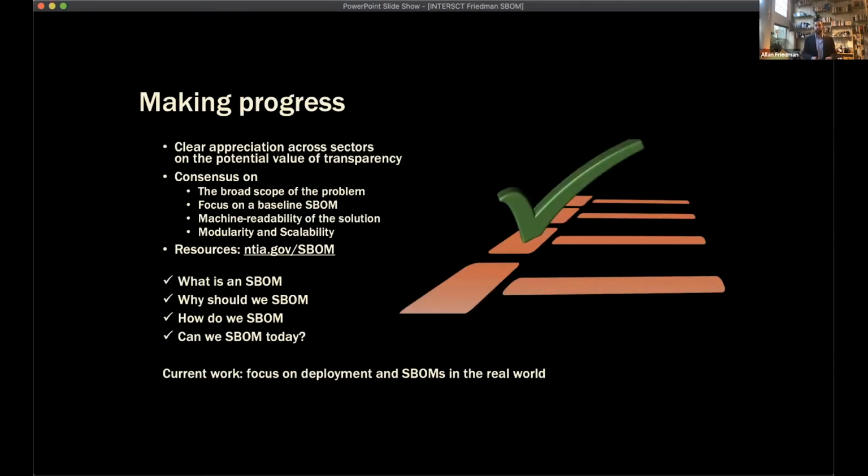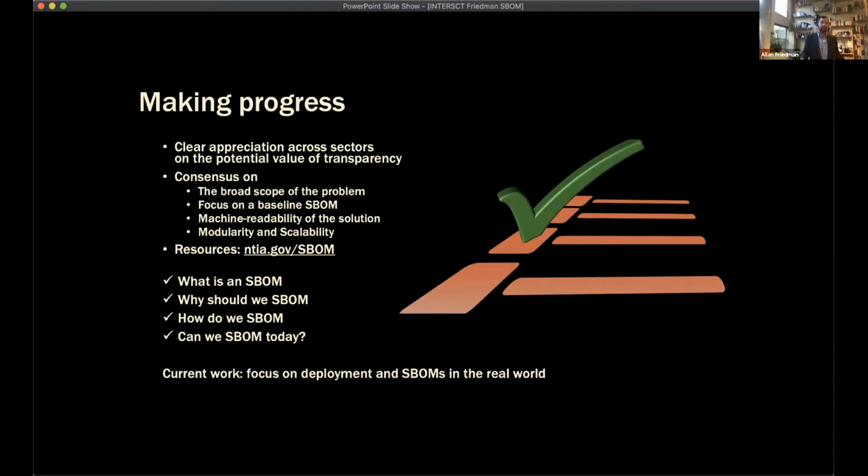Over the last few years, we've been at this for 2 years, and I think we've made a lot of progress. Remember, when I first started, this was a very controversial issue. And I also want to be clear, I didn't invent this idea. It had been kicking around for a while. Remember, there was some failed legislation. But one of the great things the community did was they pulled together and said, here's the shared vision of the problem. We have a common vision of what we're trying to do. We're focusing on a baseline SBOM. The mantra of the community has been crawl, walk, run. We're not trying to get ahead of ourselves. We're not trying to build some magical golden standard that will solve the entire thing forever.